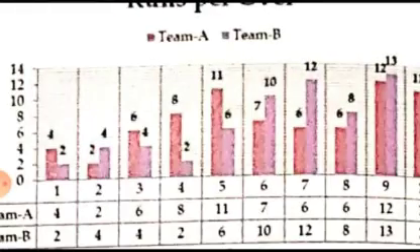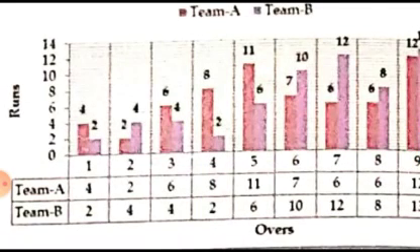You will not be able to see them properly, but you can understand that for the minor values of the runs on the vertical axis, we have drawn minor horizontal grid lines, and for the major values of overs on the horizontal axis, we have drawn major vertical lines. These major vertical lines are very clearly visible over here.